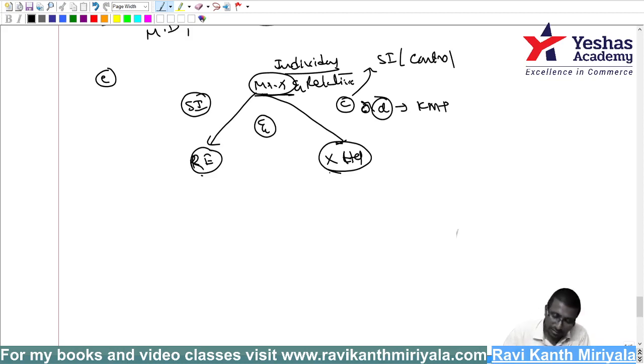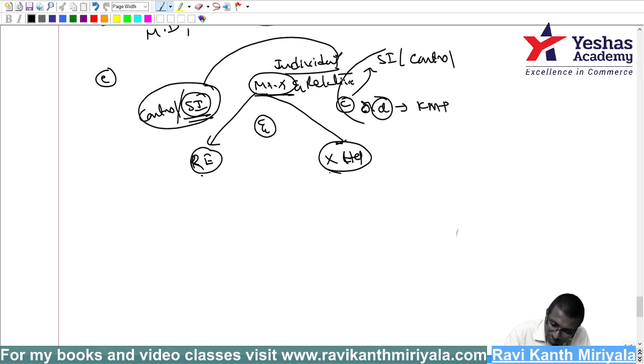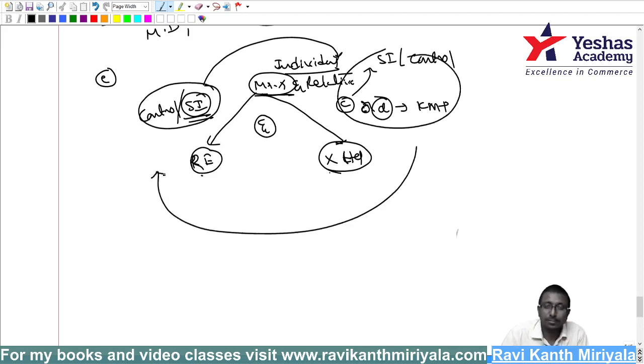Then it is correct. Here I said significant influence is the lower level, so since significant influence is the lower level, I can say even control I can put. So can we exchange this side? Yes, you can exchange. You can put it to this side, and these two pieces of information can come on each side. Exchange is allowed. To one company he is related under the C or D point, and to the other company he is related under significant influence or control.